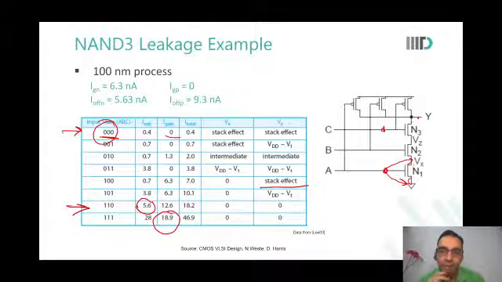We are saying A is 0, B is 1, C is 0. So VDD minus VT cannot come to either Vx or Vz. Yes, but Vx and Vz are at the same voltage, some voltage which would appear at both Vx and Vz, which is also again different from the stack effect as we are talking about it.